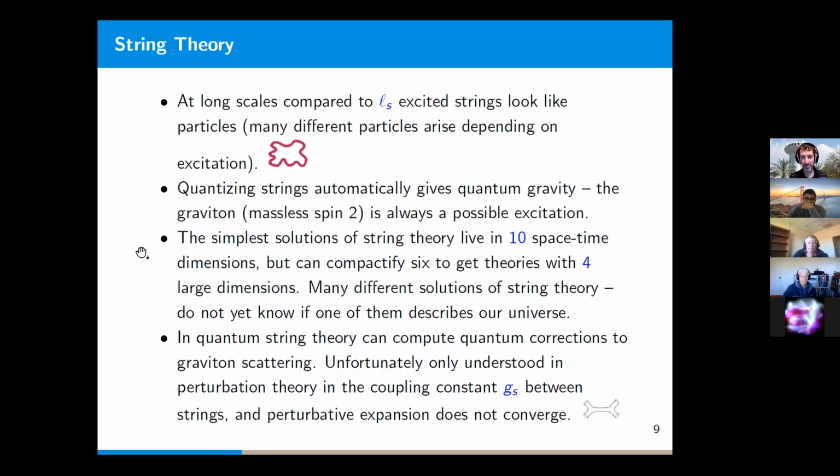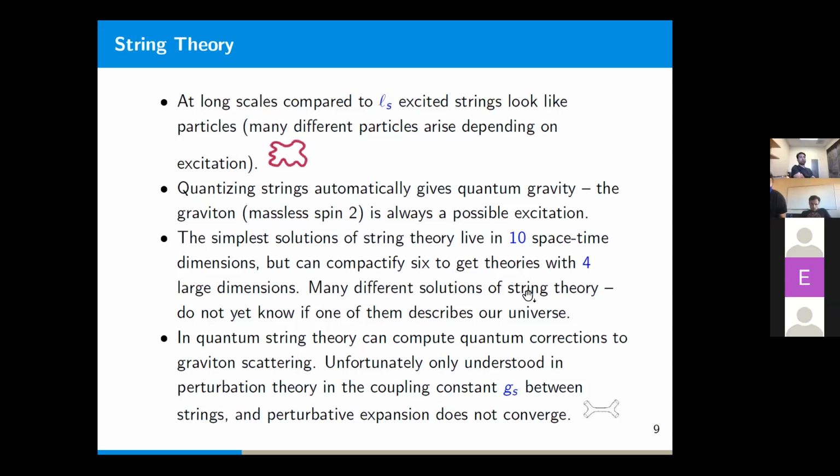Now, the simplest solutions of string theory live in 10 space-time dimensions, but we can compactify 6 of those to get theories, say, with 4 large space-time dimensions, and therefore string theory does give us a quantum gravity theory also in 4 dimensions. Unfortunately, there are many different solutions of string theory, and we do not yet know if any of them describe our universe. So in quantum string theory, we can compute quantum corrections to graviton scattering by following the